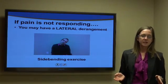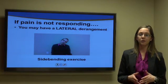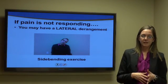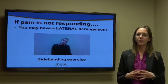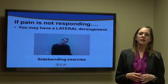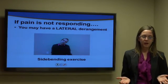If a patient has done all of these exercises and the pain is no better, or it may be getting worse, then you may have what we call a lateral derangement. What that means is that the jelly is actually coming out the side of the donut. Most people present with a posterior derangement where the jelly is coming out the back of the donut. But if in your case the jelly starts to come out the side, then that would be considered a lateral